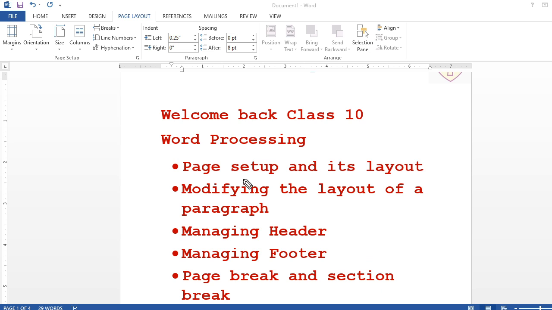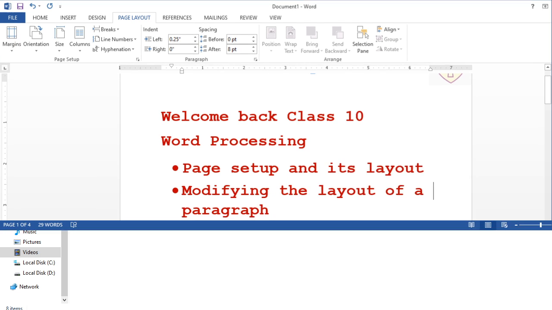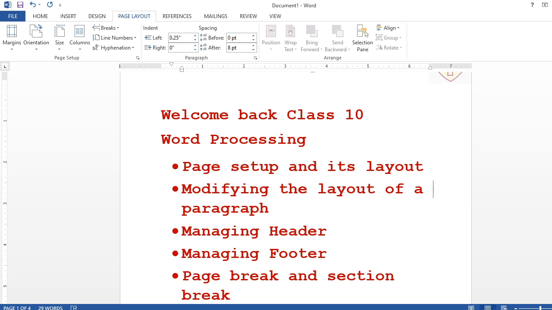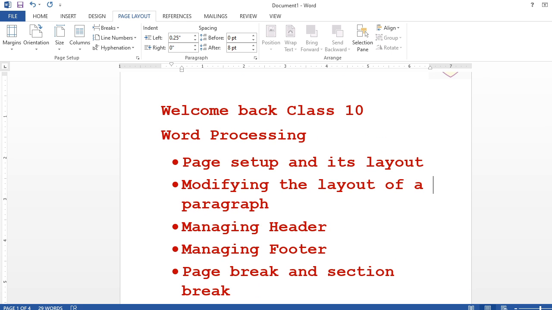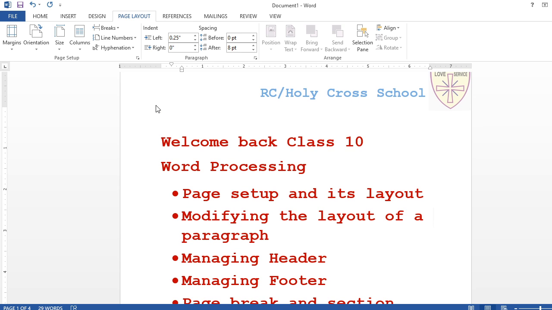Let us start from the page setup. So when you see your page, you will find that your page consists of this working area. You might be aware of this working area. This is the horizontal and vertical scroll bars, this is the vertical ruler, this is the horizontal ruler, right? So what is page setup? In page setup, we first should find out what type of page our printer has. Of course, everybody has an A4 size page, right?